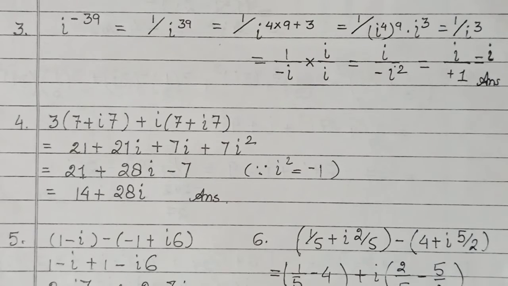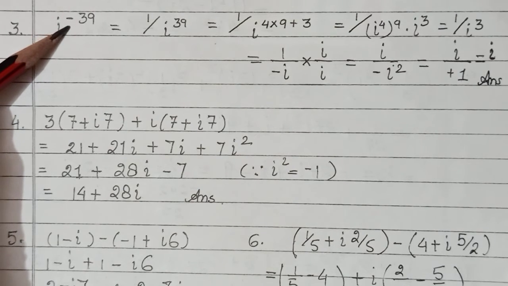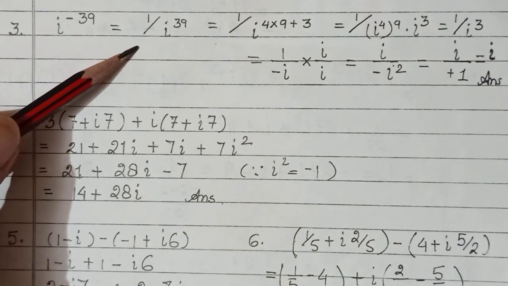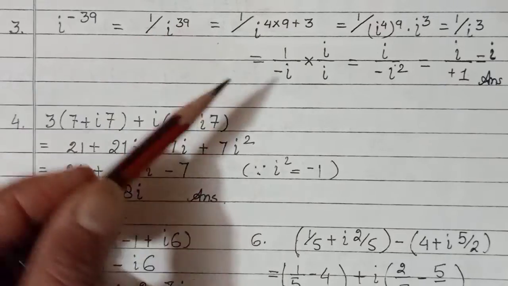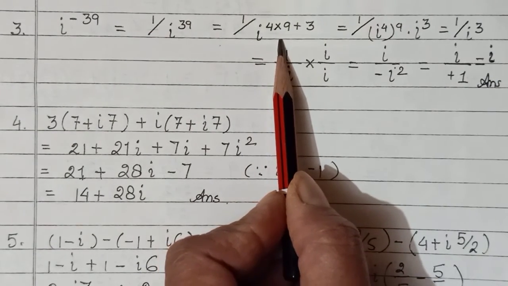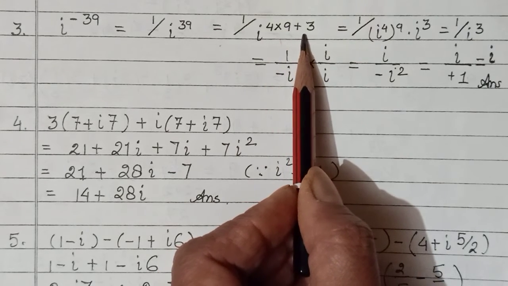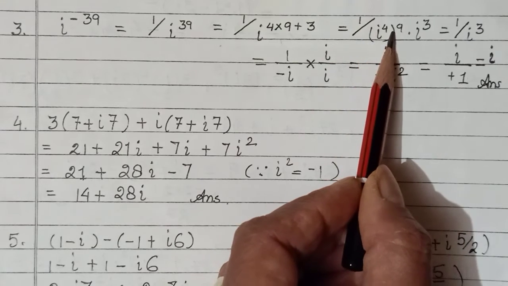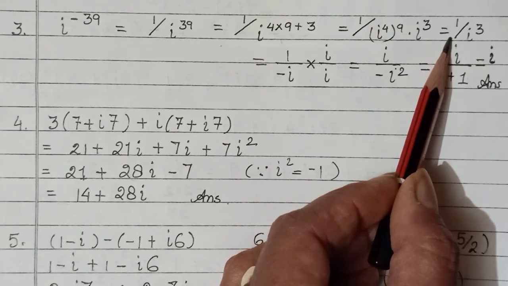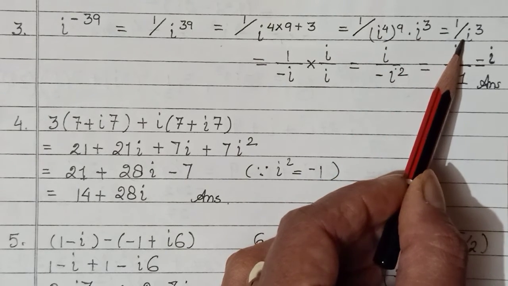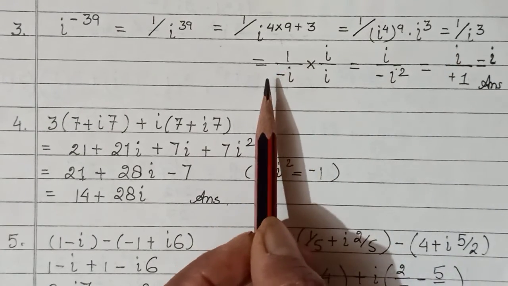And the value comes out to be 0. Okay, now the third one was given to you as i to the power of minus 39. So first, this minus you will reciprocate. You'll make the power positive. So this will be written as 1 upon i to the power of 39. Again as a multiple of 4. So 4 9s is 36. So we'll split and write 39 as i to the power of 4 into 9 plus 3. 4 9s are 36 plus 3, 39. Okay, then again i to the power of 4 to the power of 9 and into i cube, and we know this becomes 1. 1 to any power is 1. So we are left with i cube in the denominator, and i cube further is minus i. Okay, so it becomes actually 1 upon minus i.